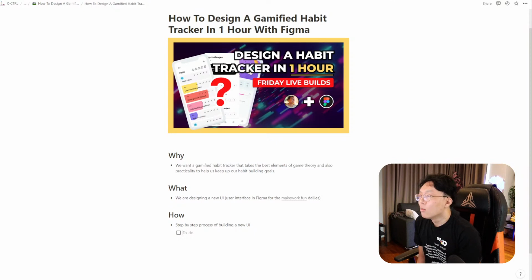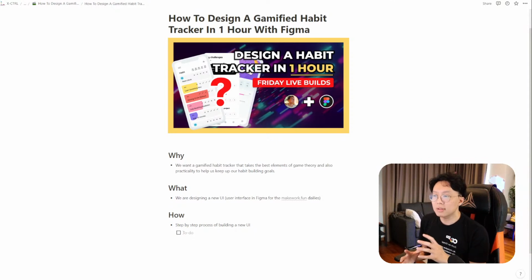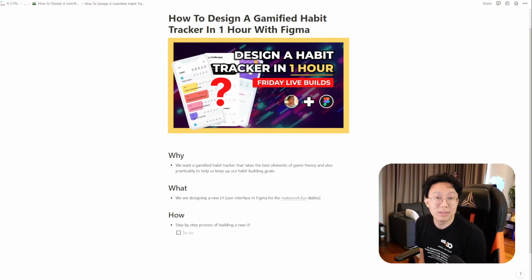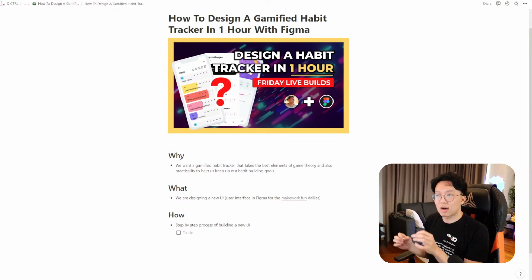So why? We want to build a gamified habit tracker that takes the best elements of game theory and also practicality to help us keep up our habit building goals. Well, let's talk about what the best elements of game theory are first so that we can really understand what we're trying to talk about here. If you have been following us for a long time, you basically know that we really care about gamifying our lives and taking concepts that we love and know in video games and putting them into our real life